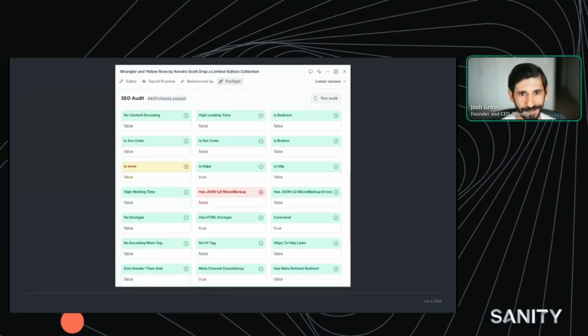We also have an SEO audit. And this is actually a really cool integration. We integrated with a tool called Data for SEO, which has an API that allows us to run about 51 different checks. Some of them more valuable than others, but net, basically, this allows us to run an audit against a draft